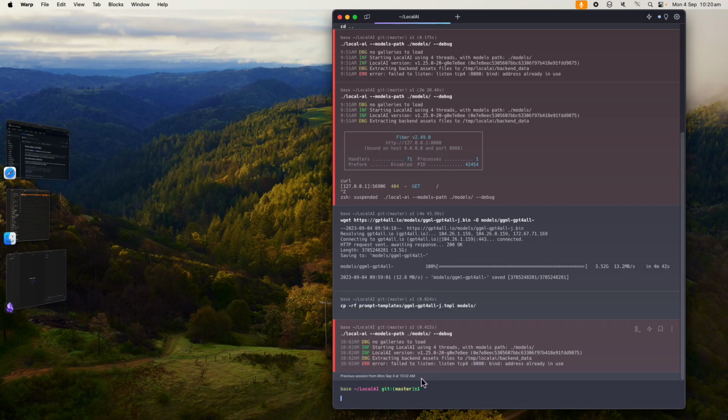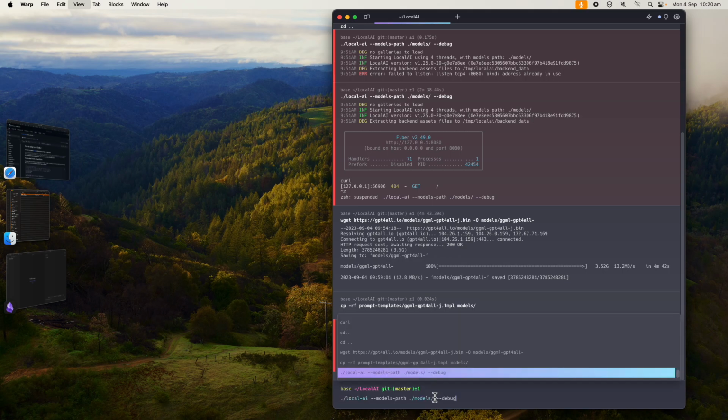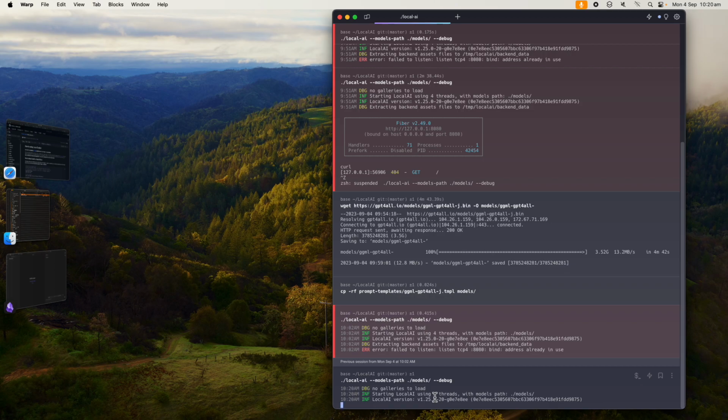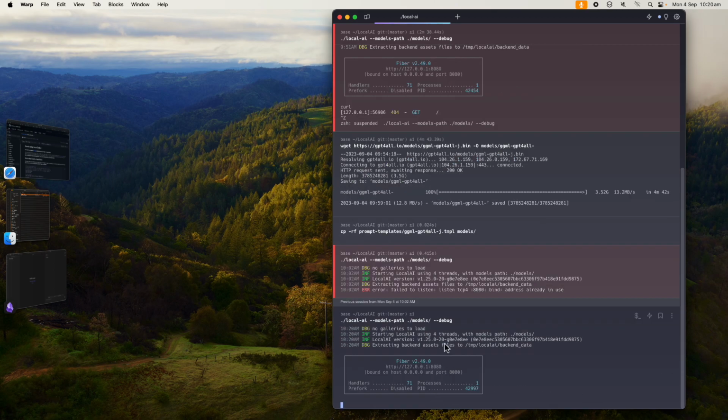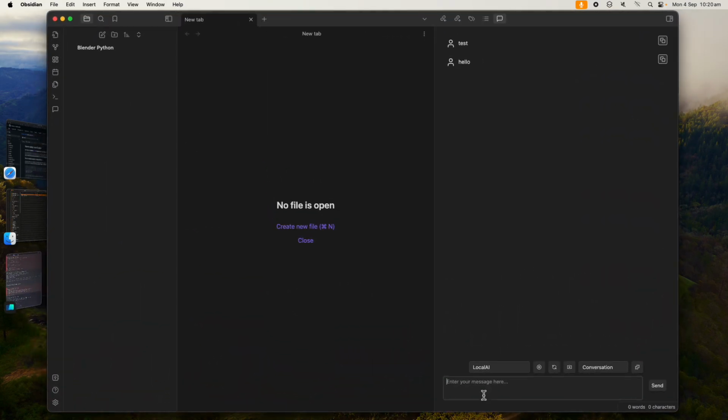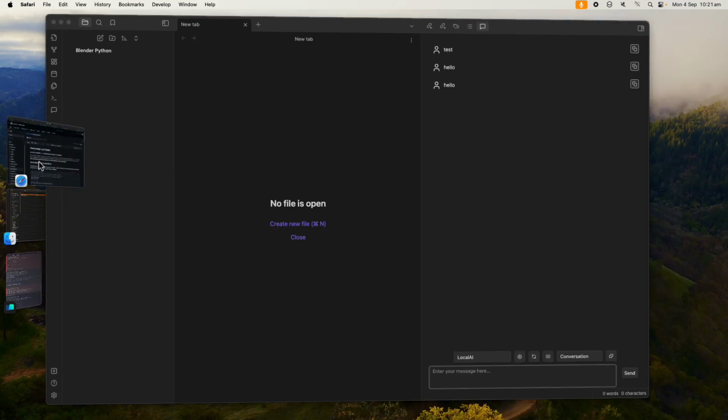Warp. Okay. I'm trying to run local AI and see if this is running. Hello. I have a feeling I will just